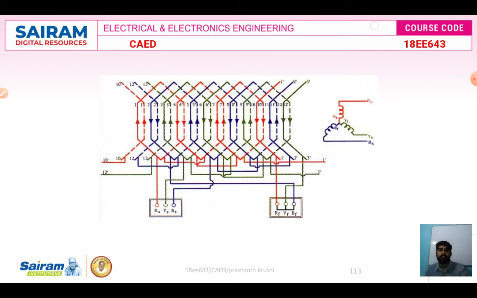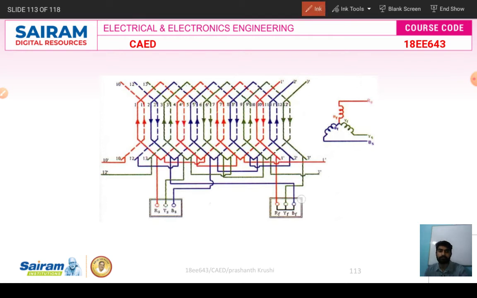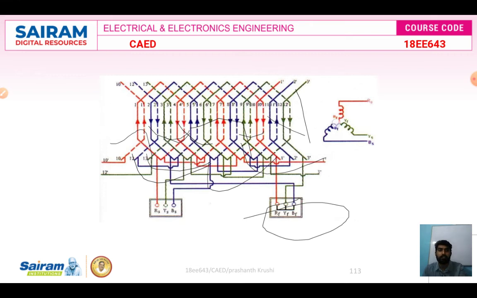See, a star connection is like this. Okay, RS, YS, BS, RF, YF, BF is the winding. 3 lines will be obtained. Okay, so this is how we are drawing the diagram. This is a connection, and this is a double layer like that. And the conductor current direction also you have to mention here like this, like this, like this, and you have to connect like this. I mean, interconnections also. So likewise you have to draw a diagram. Okay. Next problem we'll see.